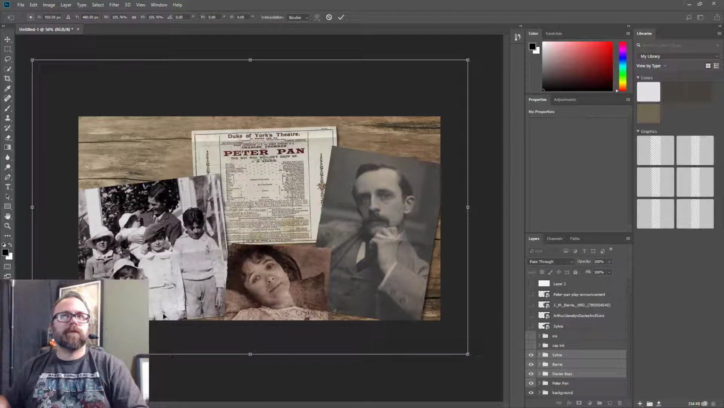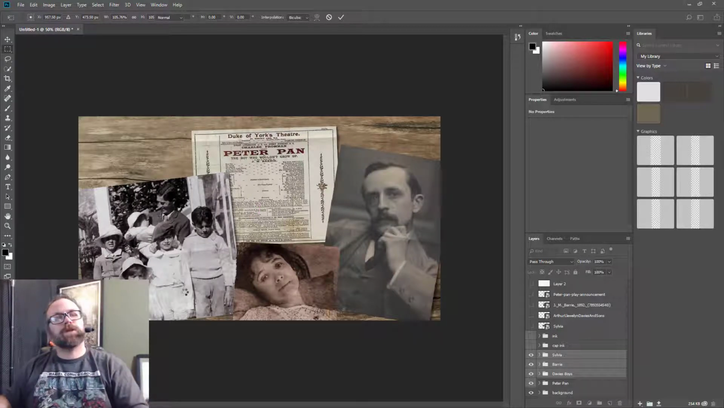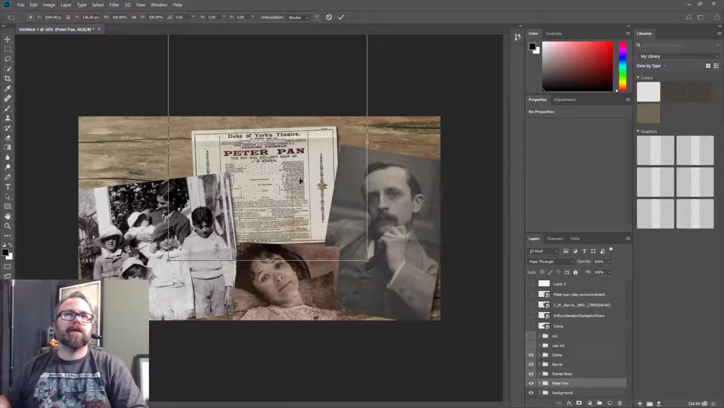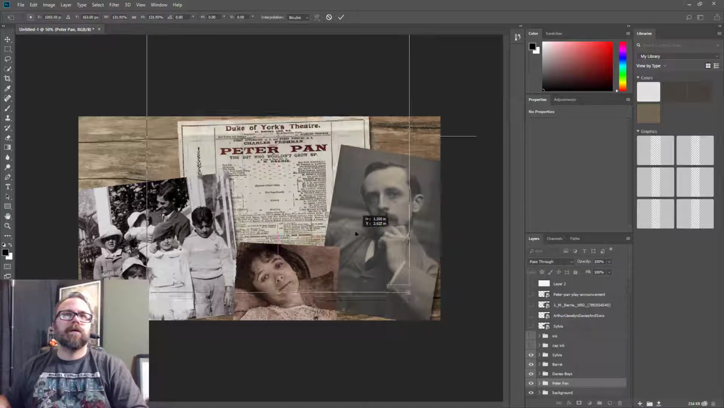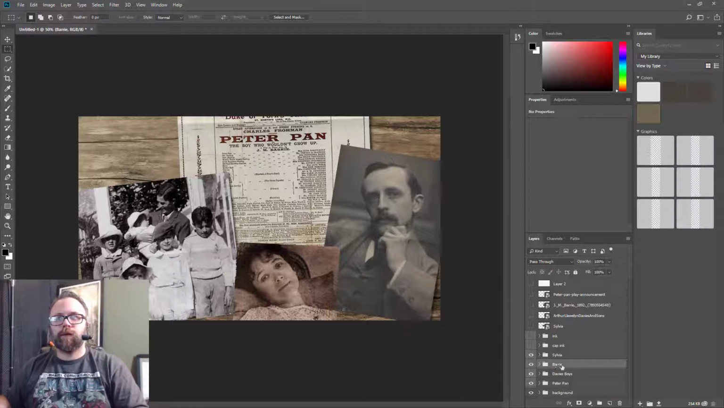So I'm going to select all of them and scale them up a little bit to give me this little composition here. Kind of like that, this in the middle. I'm getting rid of a lot of the wood background, which is fine. The wood background is just there to kind of be the catch there. All right, so